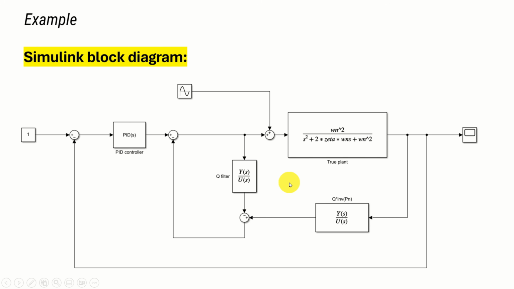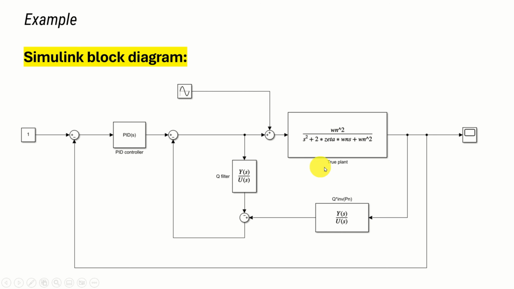Okay, let's go further. Here's the Simulink block diagram of the disturbance observer, and as I mentioned previously, I created a separate video tutorial on how to implement this Simulink block diagram, and the link will be given in the description below. Let us briefly explain this block diagram. Over here we introduced disturbances. Disturbances are simply sine 4t, that is, omega is 4, and this omega is actually inside of the bandwidth of our Q filter, so we expect that we are able to suppress this disturbance.